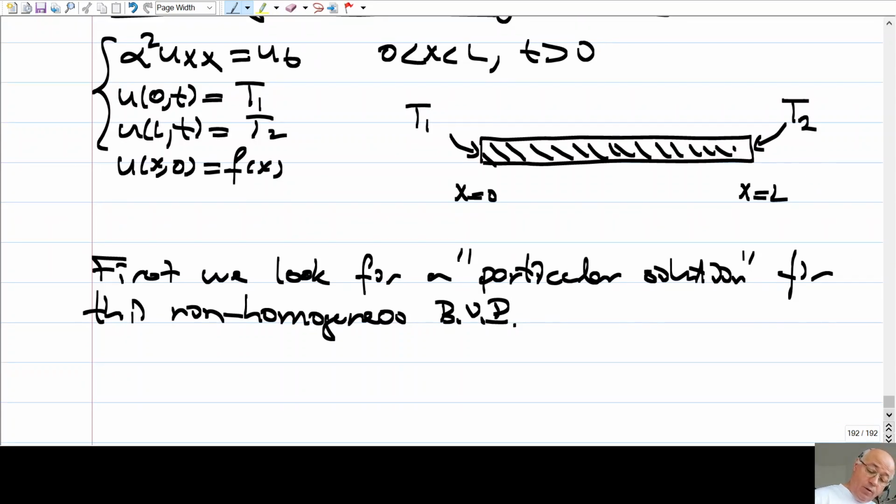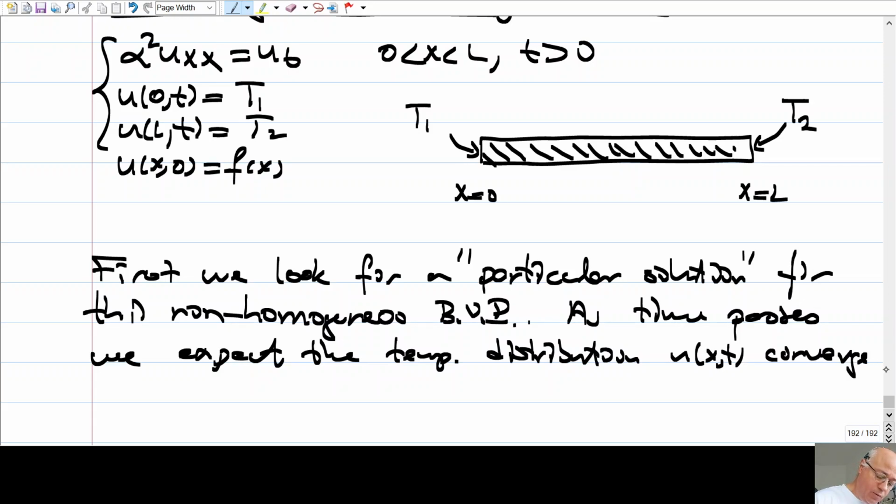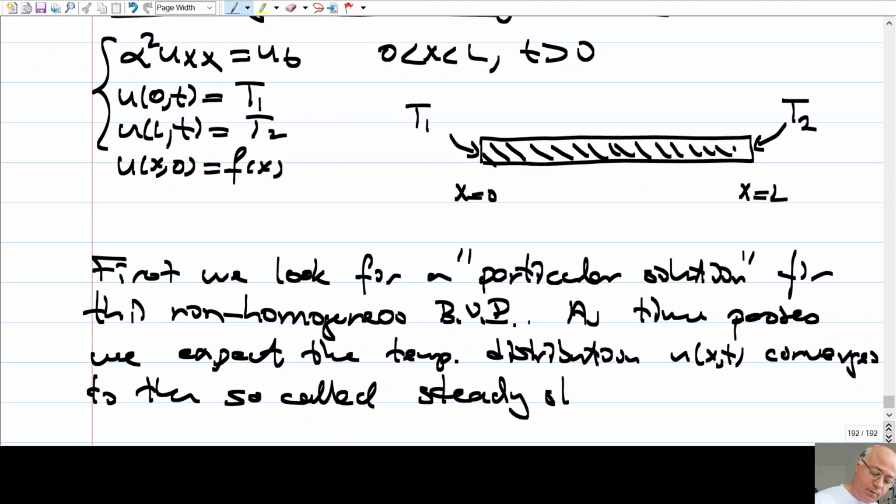So as time passes, we expect the temperature distribution u(x,t) converges to the so-called steady state solution,